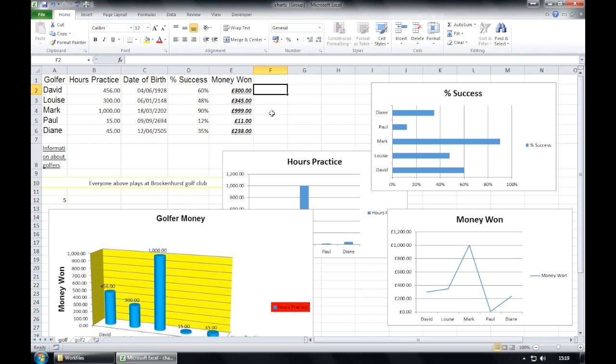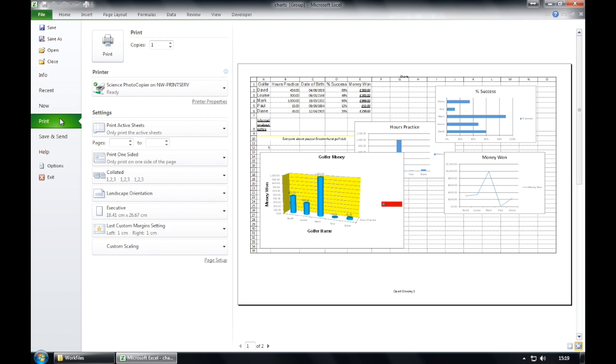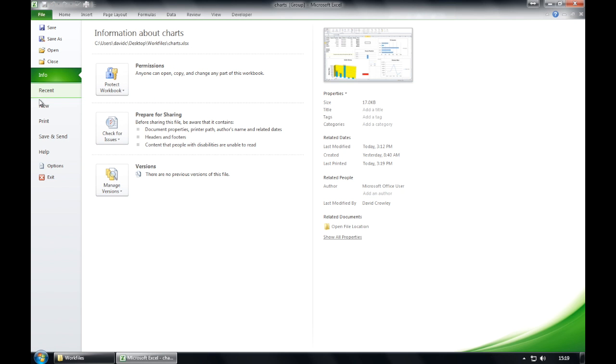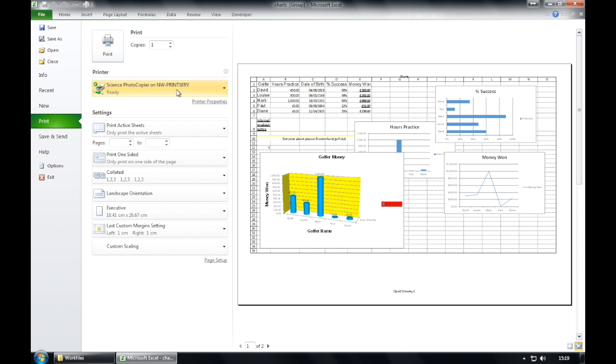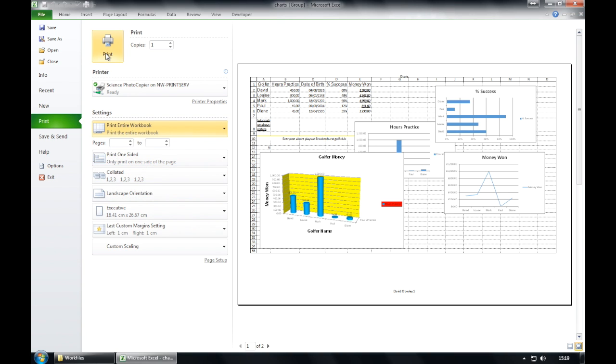Number 52, we're going to have a print preview of our worksheet. From the File menu, Print, we have an option of Print Preview, which is here. If we want to print the entire worksheet, from the File menu, when we do go to Print, we have options where we can print the entire worksheet here, and we can click Print.